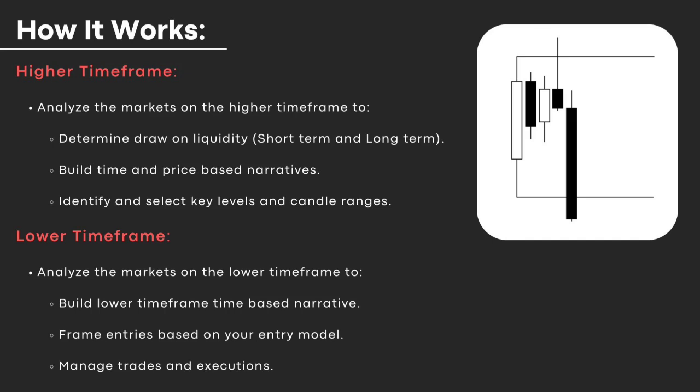So if you are using the classic swing model, then you're going to determine your directional bias on the monthly time frame. But if you're using the one shot, one kill model, then you're going to determine your drawn liquidity and higher time frame directional bias on the weekly and daily chart. Number two, building a time and price based narrative. So the higher time frames are used to build a time and price based narrative along with determining higher time frame drawn liquidity. And number three, the higher time frames are used to identify and select the correct key levels and